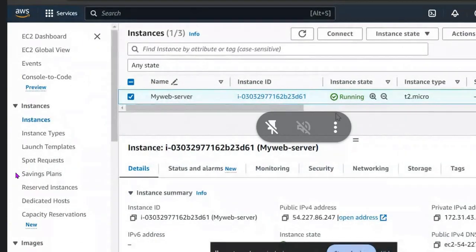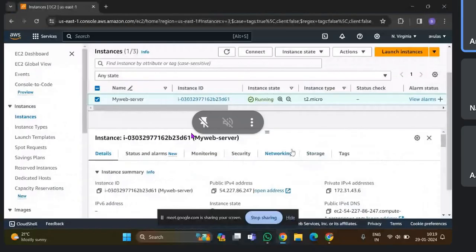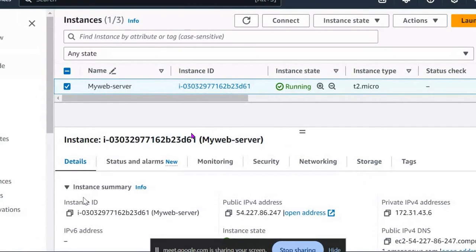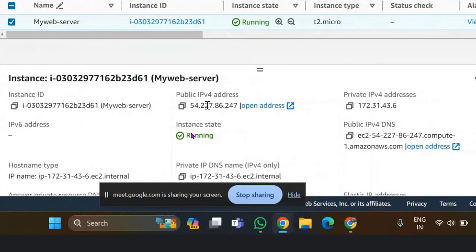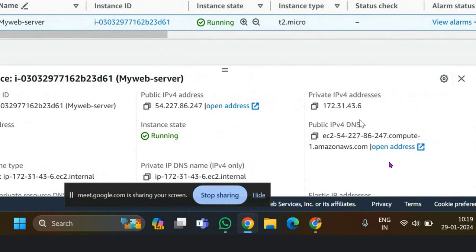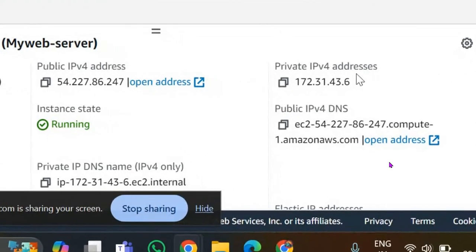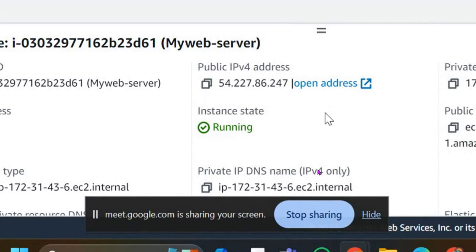Yeah, this is my running instance. Coming to the other details about the instance. Here we have a summary of instance ID and public IP, which can be used by everyone in the entire world. We don't give any access from the owner. Private IP address is only for private use, only by those who created the instance. This is the DNS, the domain name service. It shows whether the EC2 is running or not,